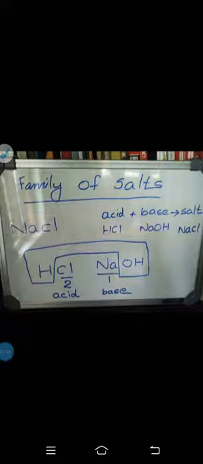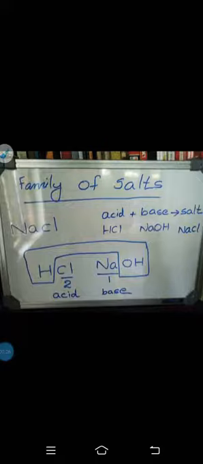How is that NaCl formed? HCl will split into H plus and Cl minus ions. NaOH will split into Na plus and OH minus ions. The hydrogen ion, H plus, from the acid will combine with the OH minus ion in the base to form water. So what is remaining there? Na plus ion in the base and Cl minus ion in the acid. This Na plus will combine with Cl minus to form the salt